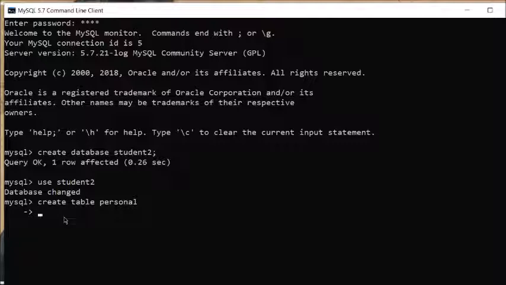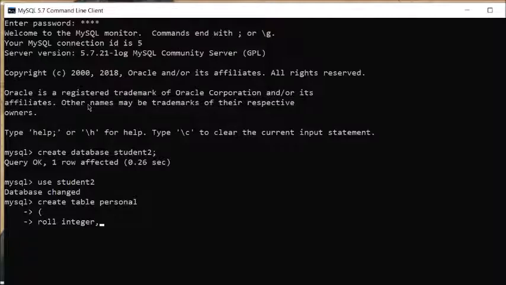So before we mention the columns, we have to use an open bracket. Press enter. Now the first column. You can write in a single line also, but if you use multiple lines, it will be easy for you to rectify the error if there is one. Suppose the first one I want to keep is roll number, and the data type is integer. After a space you have to mention the data type. In the integer data type we never write the number of digits we will enter.